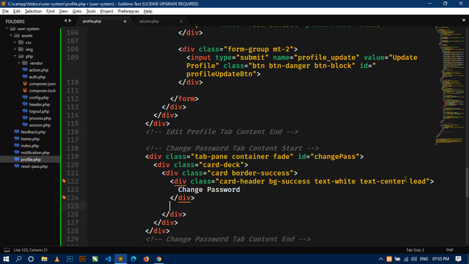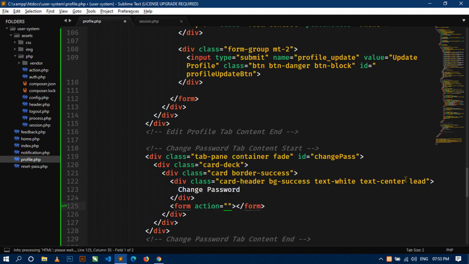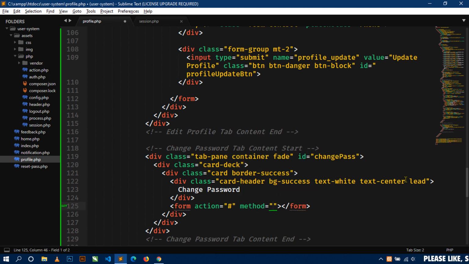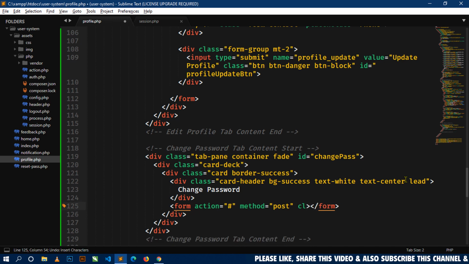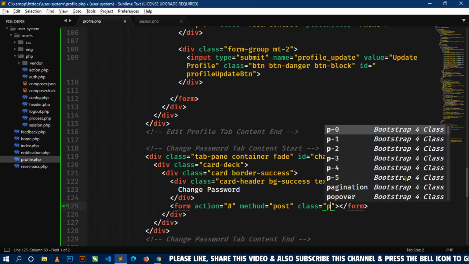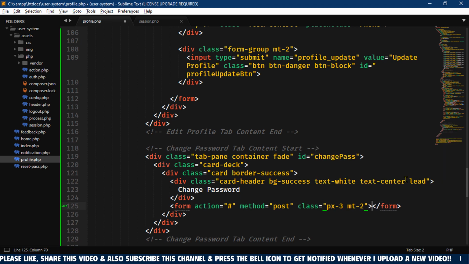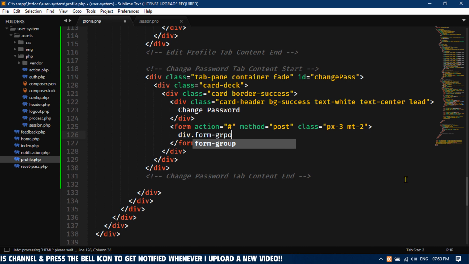Now just below this card header div I will create form, and here I will use action, and here I will give hash, and then I will use method will be post, and I will also give some class: padding left and right will be 3, and margin top will be 2. Okay, now inside this form I'll create div form group,